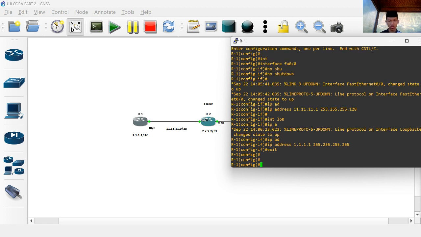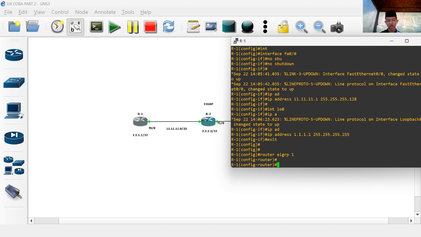The command for router EIGRP is easy. Router EIGRP, and we must input a number for router EIGRP, maybe use number 1, enter, and then you must